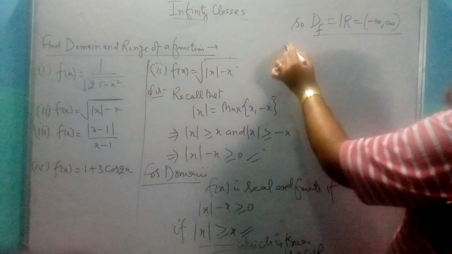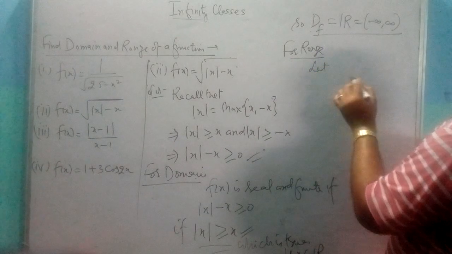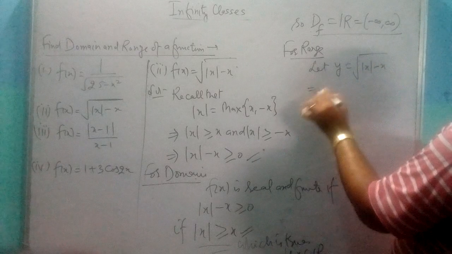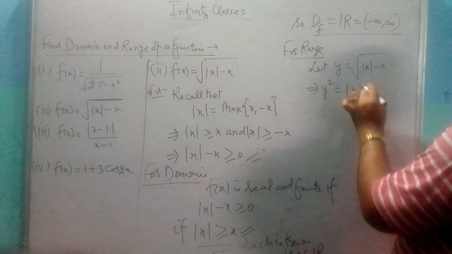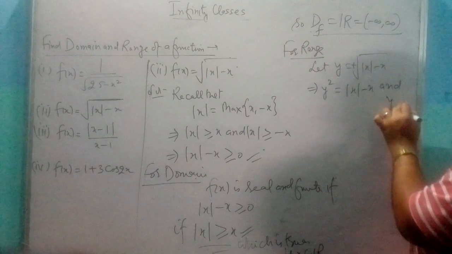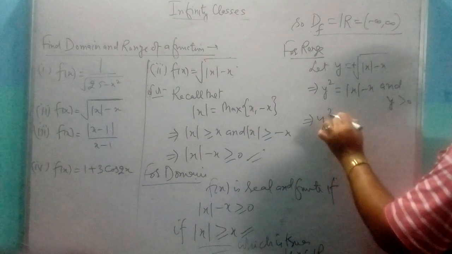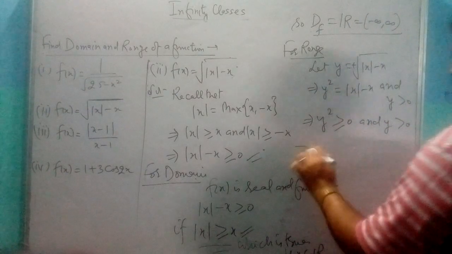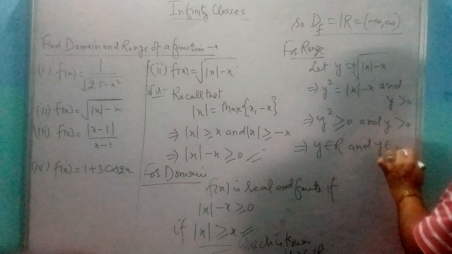For range, let y is equal to square root of mod of x minus x, implies y square is equal to mod of x minus x, and y is greater than 0 because this is the positive square root. Mod of x minus x is greater than or equal to 0, that means y square is greater than or equal to 0 and y greater than 0, implies y belongs to R and y belongs to 0 to infinity,